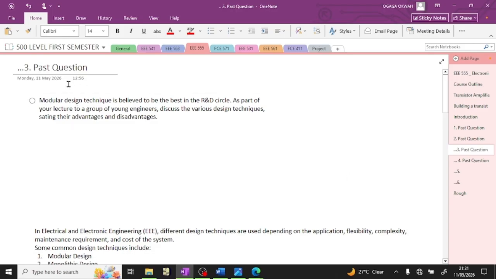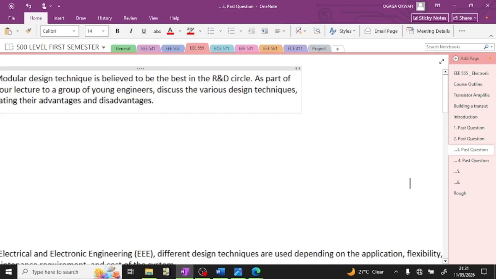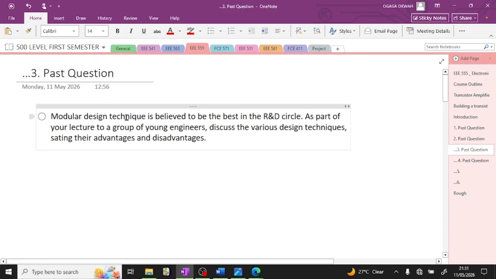Past question. Not just this one, this and the next, because looking at this past question that talks about modular design technique is believed to be the best in the research and development circle, R&D circle, okay? As part of your lecture to a group of young engineers, discuss the various design techniques, stating,